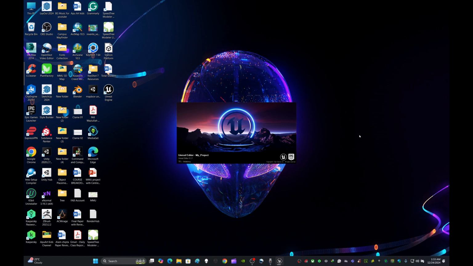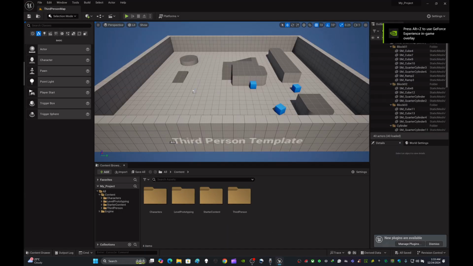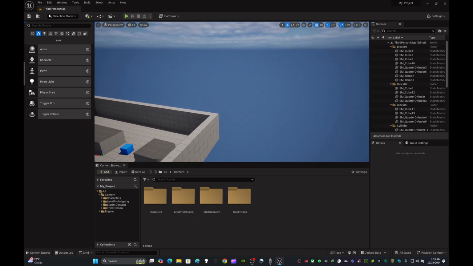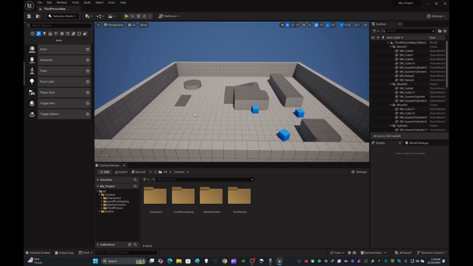Project name and all the names in between the Unreal is the same. Okay, the Unreal Engine project is already opened. So as you can see here, this is kind of a content, as you can see. So this is the default content, and you can see here,